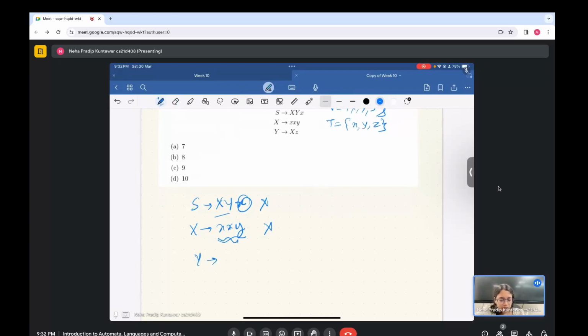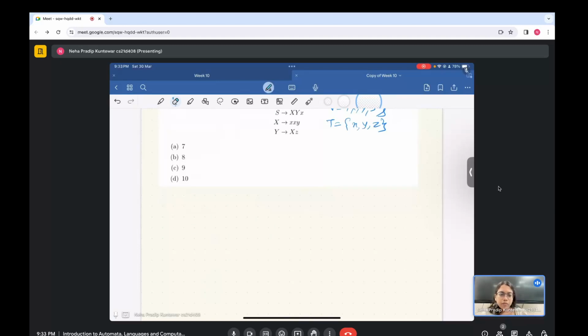And if you look at the last production, it is capital X gives small z, so you have a product of a terminal and a non-terminal, so this is also not allowed. So none of the rules here is in the Chomsky normal form, so we will have to bring it into the form. So notice that